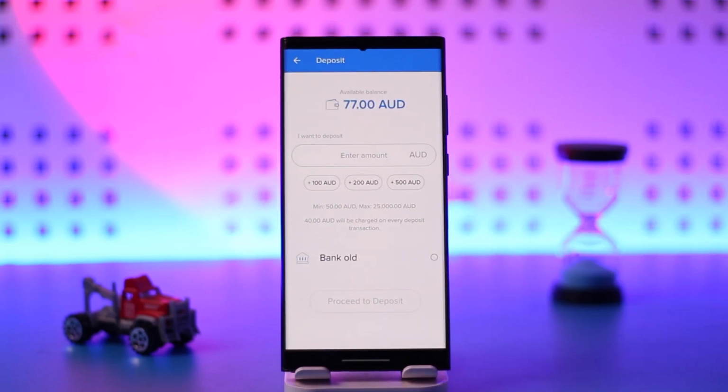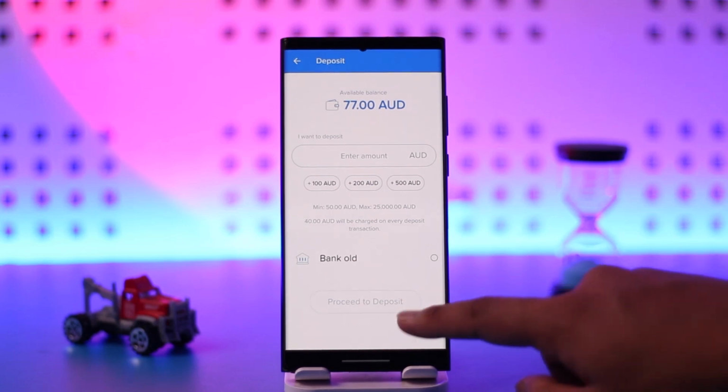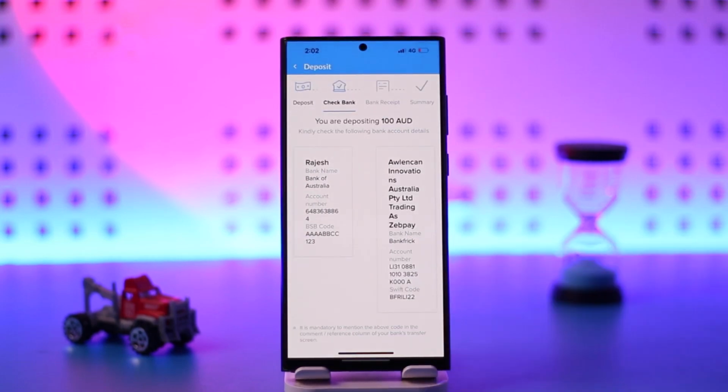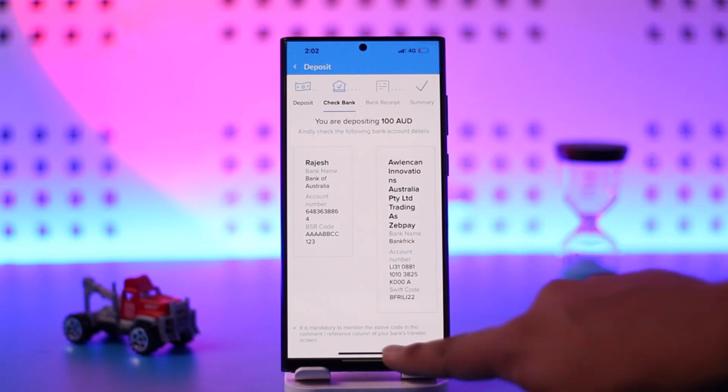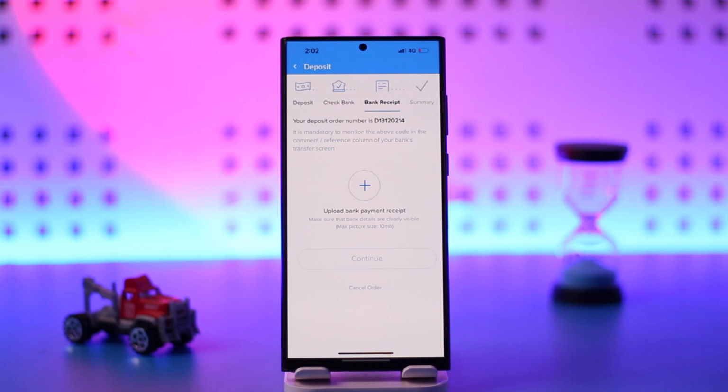Once you've done that, simply enter the amount that you would like to deposit, and once done you can just hit the proceed to deposit option. On the next page it says you are depositing this much amount. You can kindly check the following bank account details, so make sure that everything is properly correct, and depending upon where you live you'll also see you will have to copy the above code over here, which is your reference